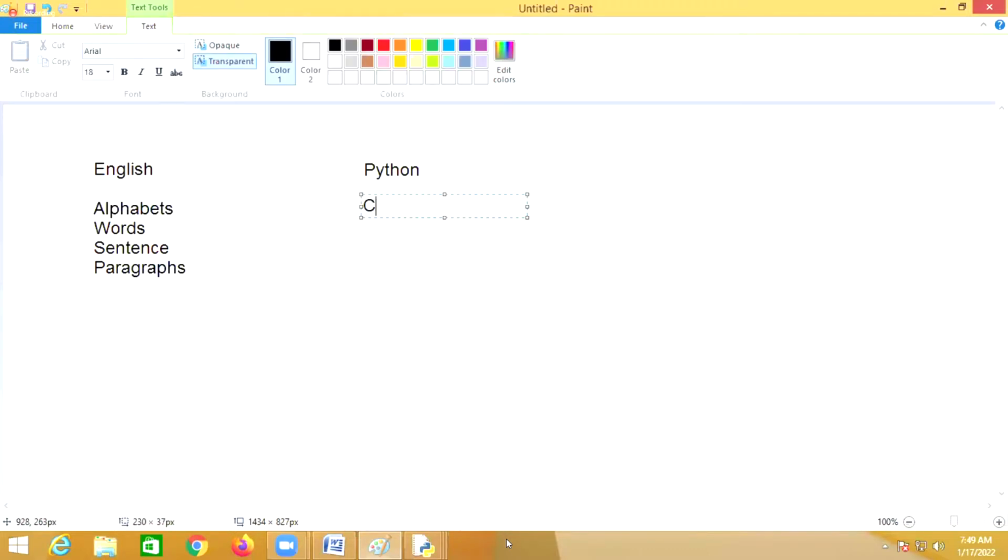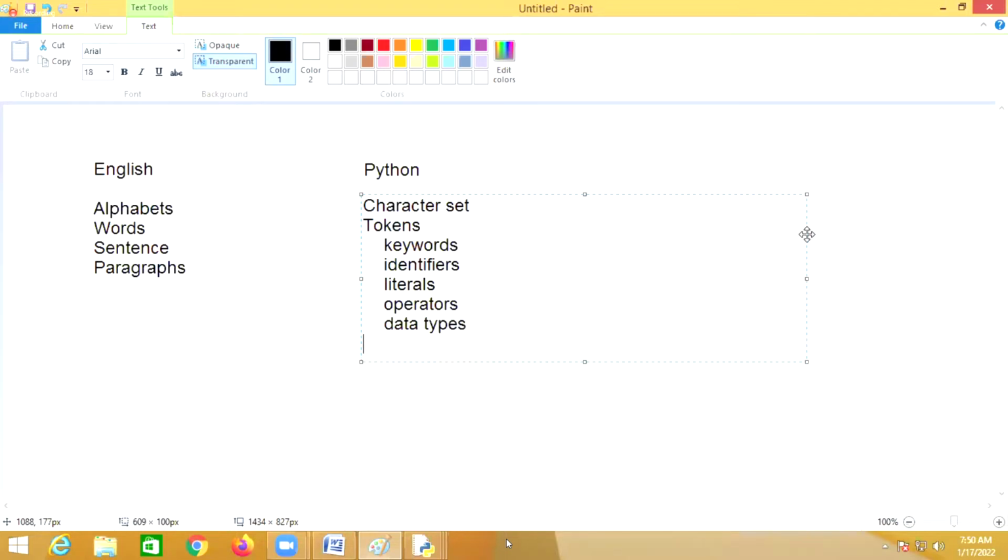You start with the character set. After that, you learn tokens: keywords, identifiers, literals, operators, and then data types.